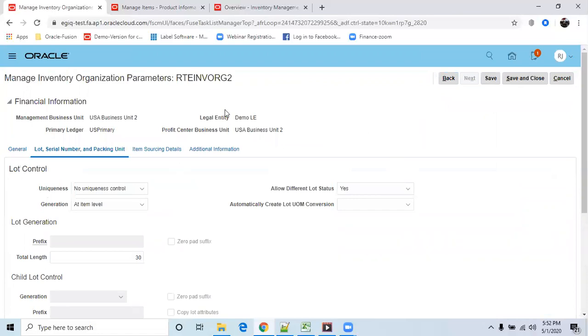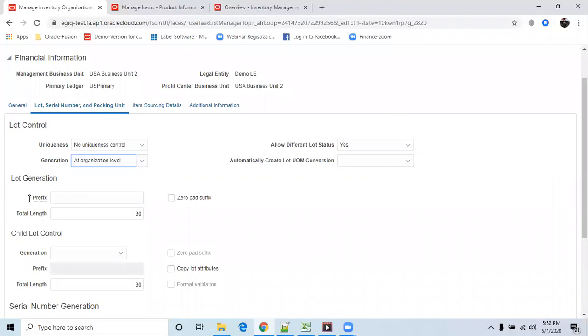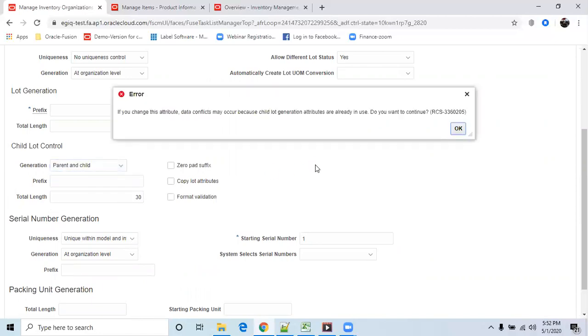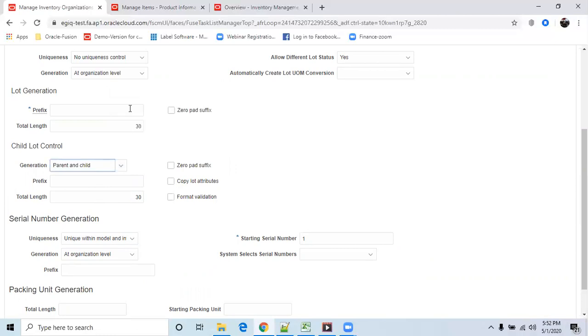Once you come to the lot control, lot and serial, you can change it to organization level. Once you change it, the system will ask for the prefix. Just provide the prefix and generation. When you want a combination of parent and child, you select parent and child. You can even give the same kind of prefix here.